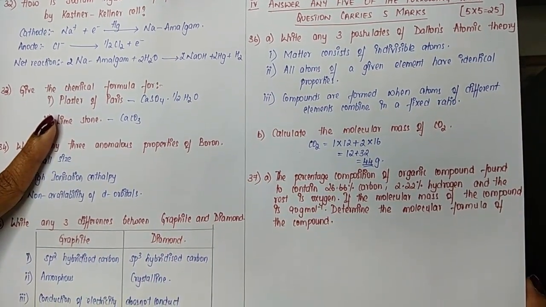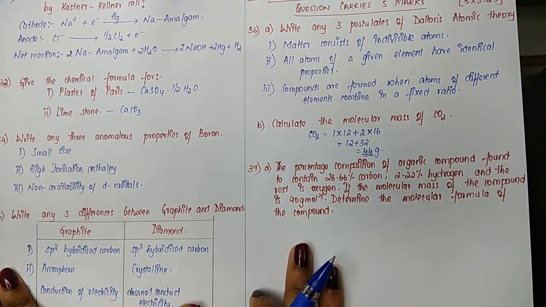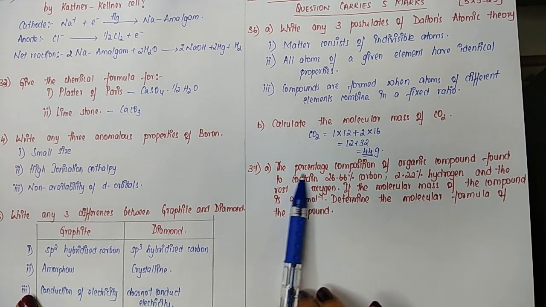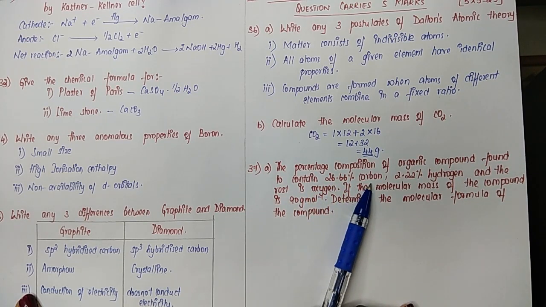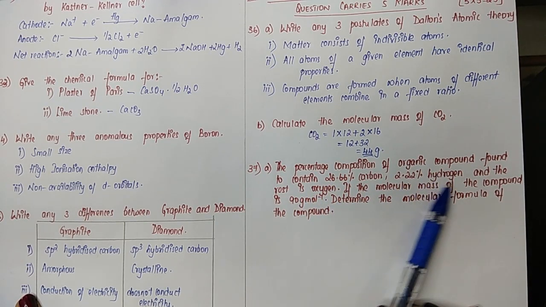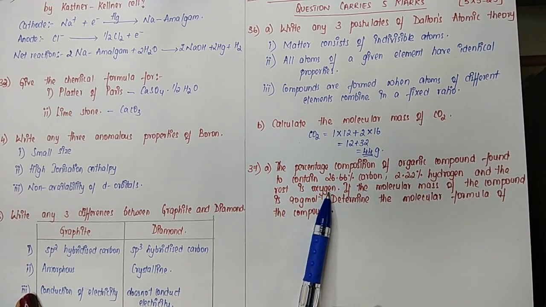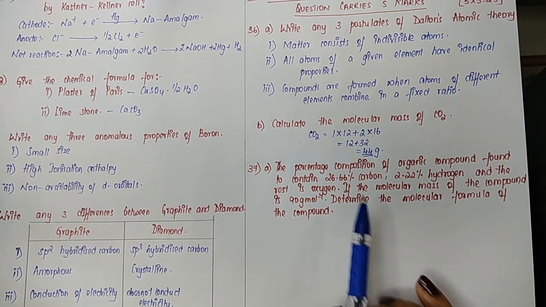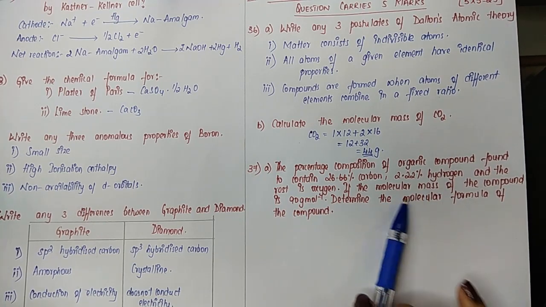Now the next one is a problem based on empirical molecular formula. Every question paper for grade 11 will have a problem on empirical molecular formula. So here it says the percentage composition of an organic compound was found to contain 26.66% carbon, 2.22% hydrogen, and the rest is oxygen. So we have 3 elements: carbon, hydrogen, oxygen. And out of that, oxygen is not given to us. So first we have to find what is the percentage of oxygen, then go ahead and calculate. Now molecular mass of the compound is given to us. From that we need to find out what is the molecular formula.